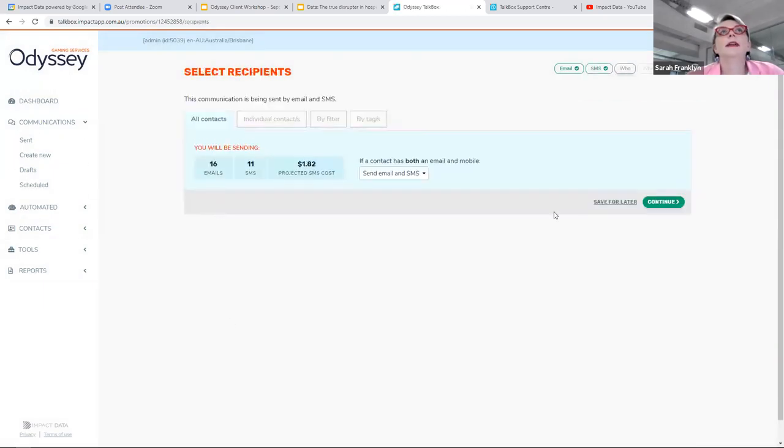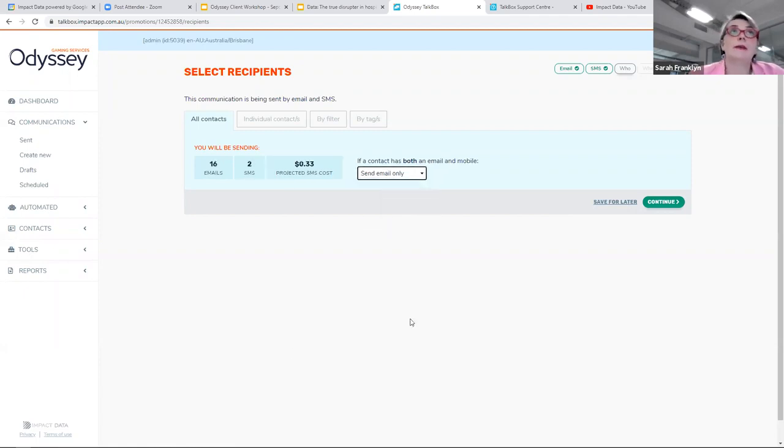So I'm moving forward. Now, when we get to this screen, most customers, unless they've done their filtering through Metropolis, they're not really thinking about filters and tags. So they will just usually send it to everyone. But there's lots of ways that you can cut the database up here. If I want to send an email and SMS, that's going to go to everyone, and they might get it twice if they've got both channels.